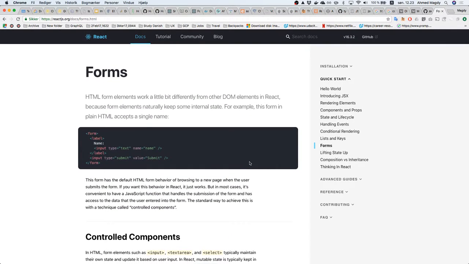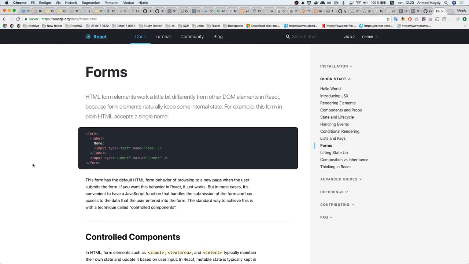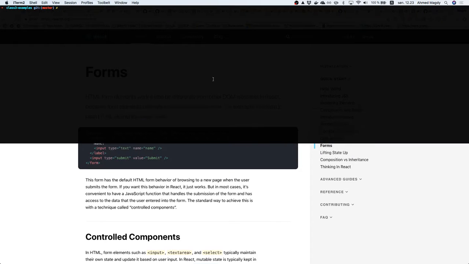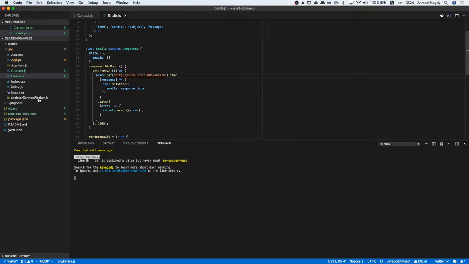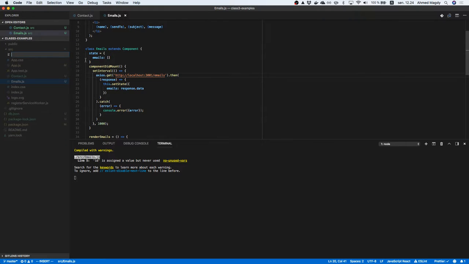Cool. So to work with forms, we need to understand how to get the value from fields. So let's quickly open another file, another quick file. Let's call it